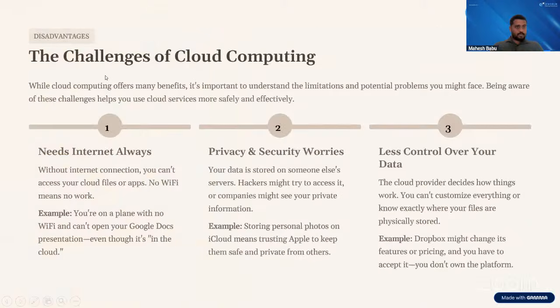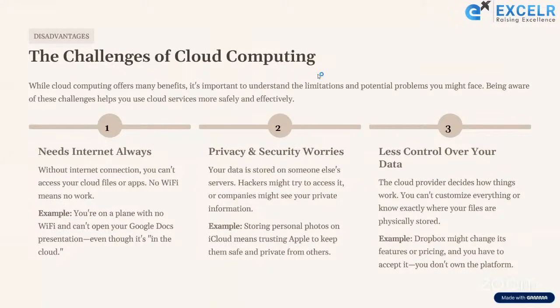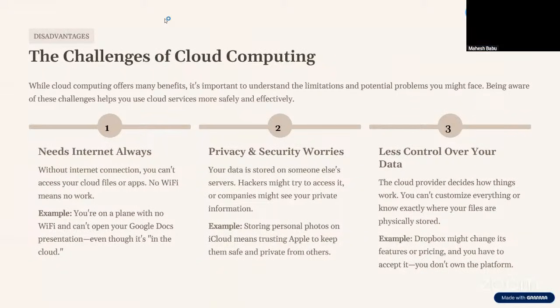Clear? Next we have one more important thing here, that is the concept of challenges, because those are the disadvantages. We have to understand the disadvantages of cloud computing. The main disadvantages of cloud computing, the challenges I could say rather than disadvantages. What are the probable challenges that we're going to see here, so that we can understand them very quickly? We have various challenges, and we have to understand them very clearly. So what are those challenges?